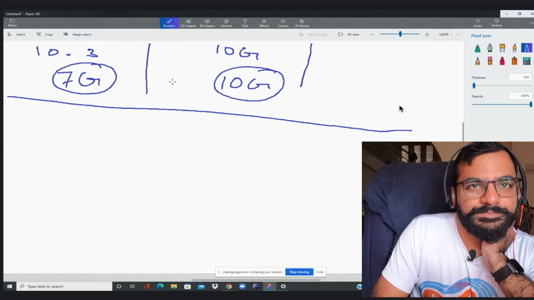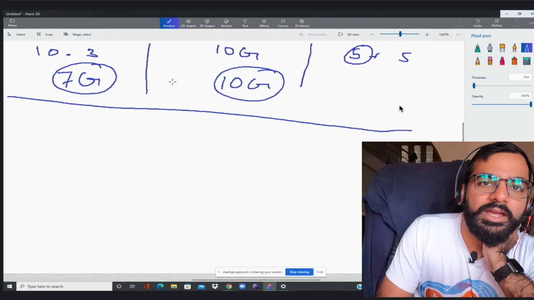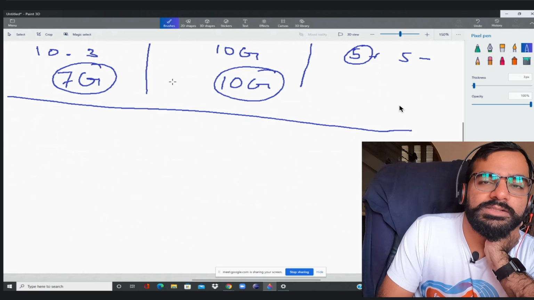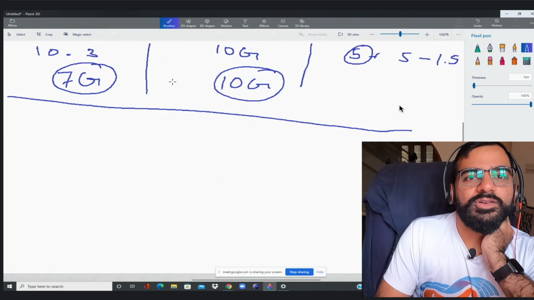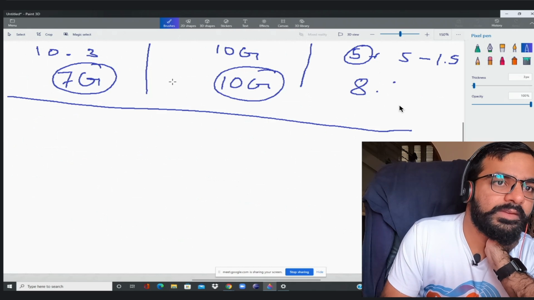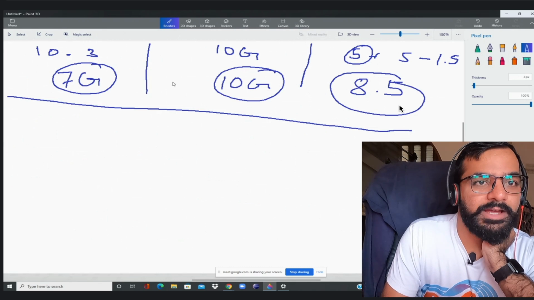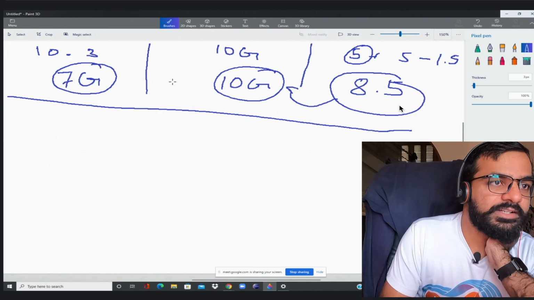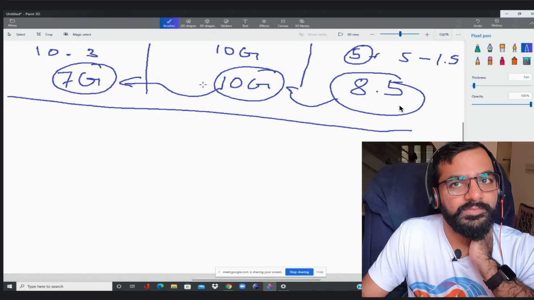Karthik has a mix of both, and that too 3 years. 5 are new and 5 are old ones. So 5 crores is probably right, and for the old 5, the value will come somewhere around 1.5. So the value of his assets would be somewhere around 8.5. Wherever I'm saying company, I'm just misspeaking; it's the asset value, and that too the tangible asset value, one of the tangible assets. Are you understanding it?